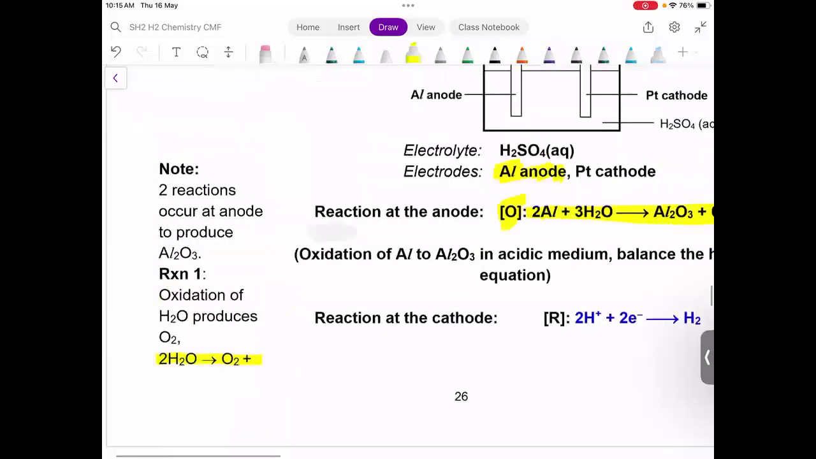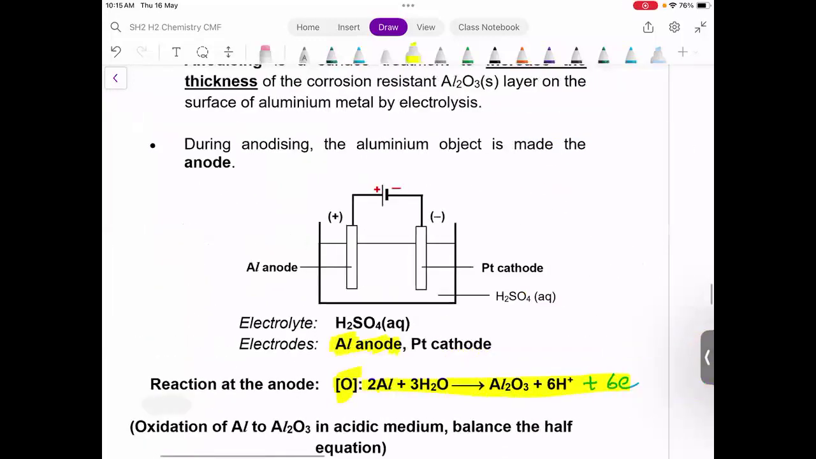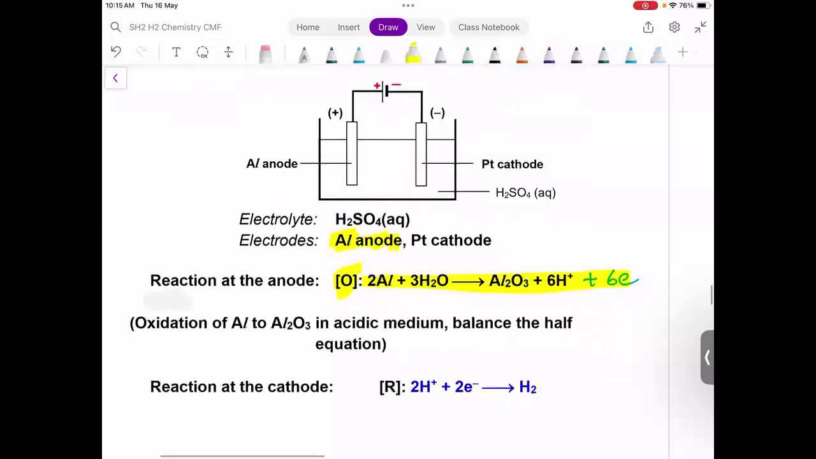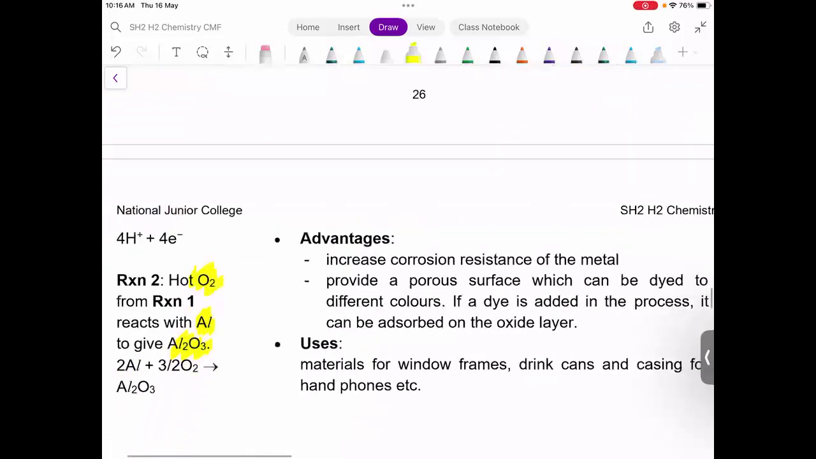Okay, so this is something that you need to know how to describe. You must know how to describe the process of anodization. All right, so the rest you can read on your own. Second application is